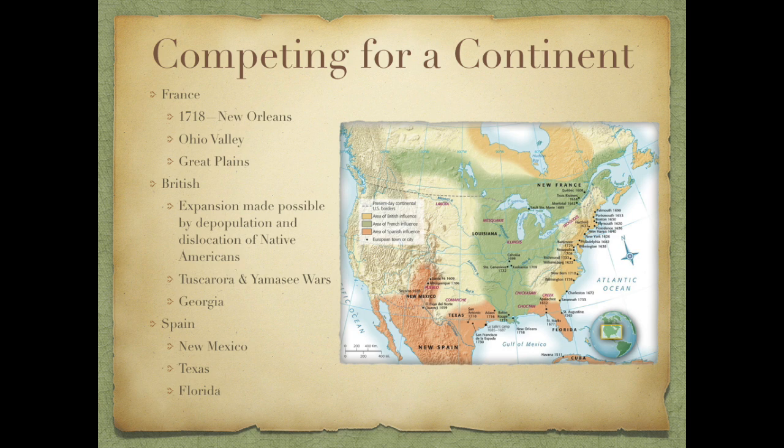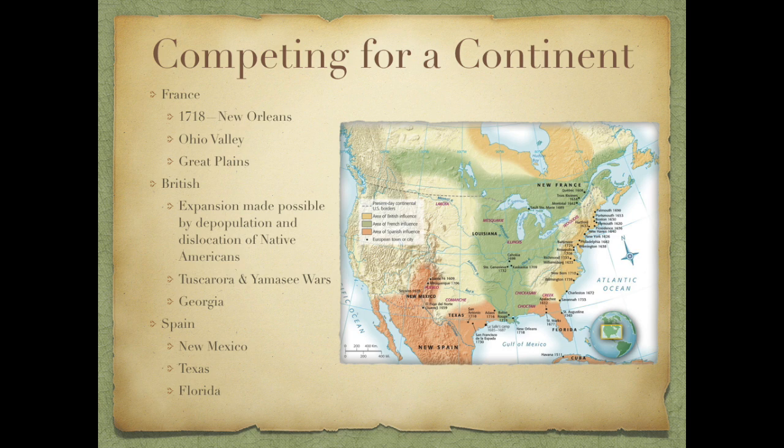This system dominated for roughly a decade. Savannah was founded in 1733, and in 1740 there were about 2,800 colonists that had arrived. The only problem is that at least half of them were not English at all, and a good majority of them, even the English, were not honest debtors like Oglethorpe wanted to attract. At least half were from places like Germany or Switzerland or Scotland.